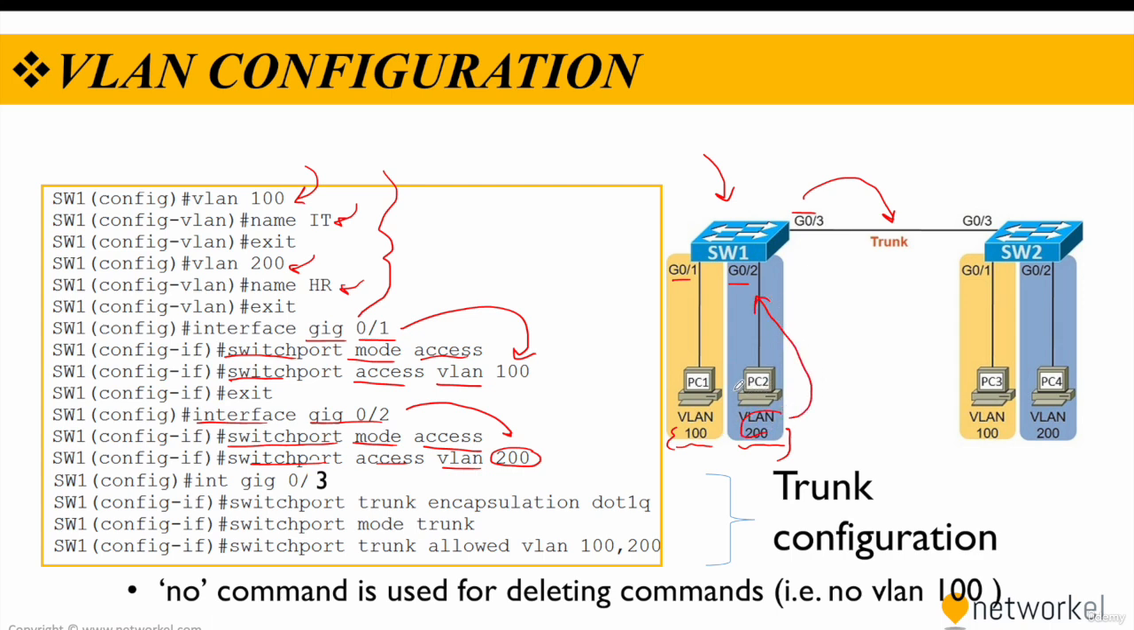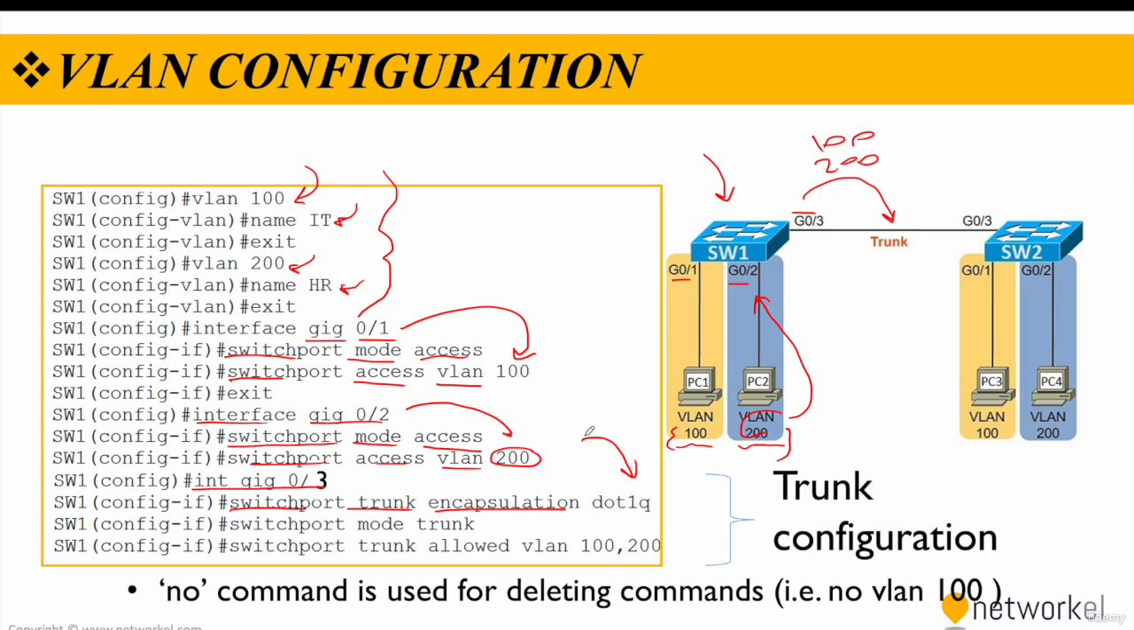But what will I do for Gig 0/3? Gig 0/3 is responsible for carrying multiple VLANs. It needs to carry VLAN 100 as well as VLAN 200, right? So I'm going into the interface mode, Gig 0/3, and I am typing switchport trunk encapsulation, and I am picking my encapsulation. In this case, I'm picking .1Q, and I will tell you the differences between .1Q